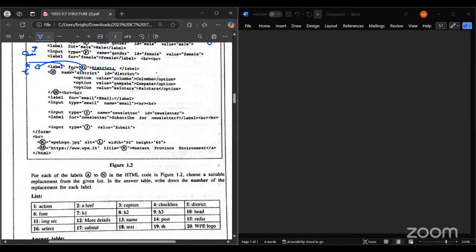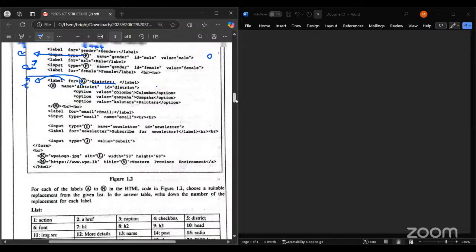Are we clear, kids? So what does label do? It creates the interrelationship between the text which you write outside and the text box. I hope that part is very clear. So label for district. It's not label for name. So if you write label for name,